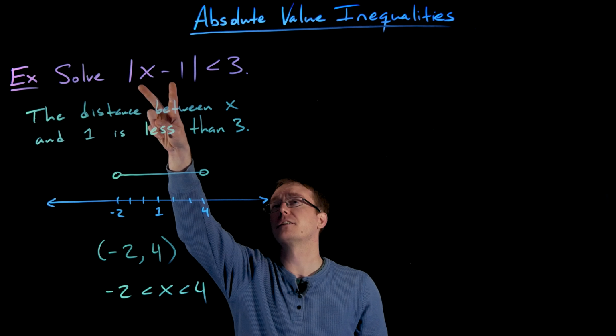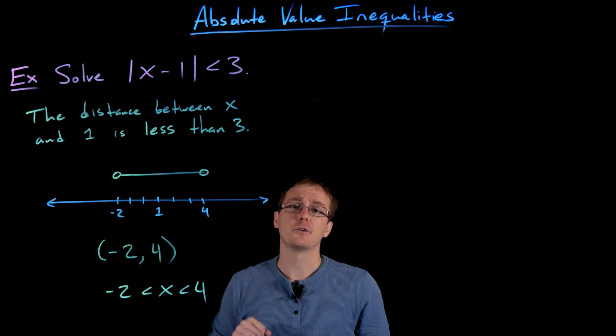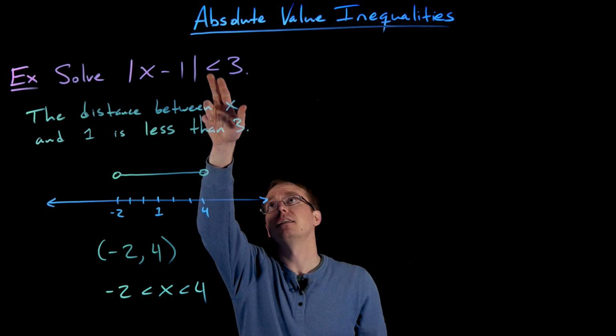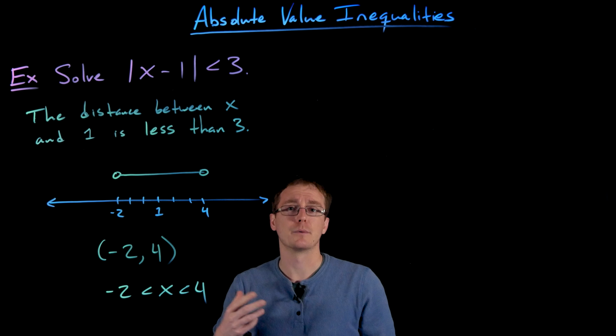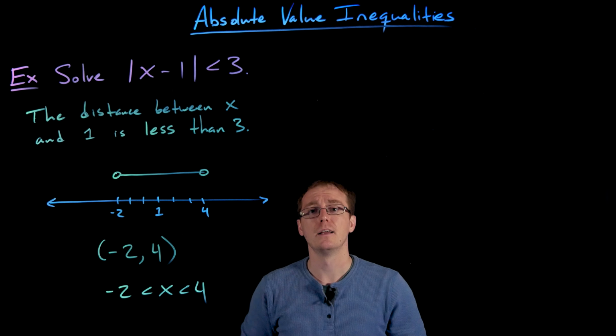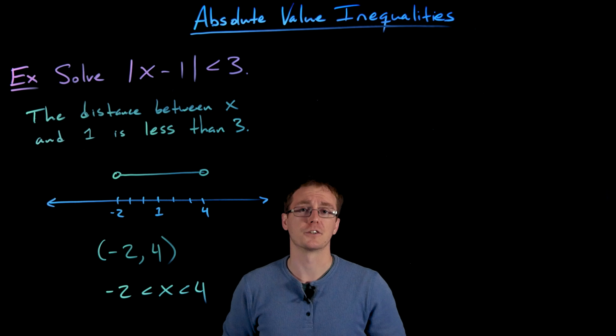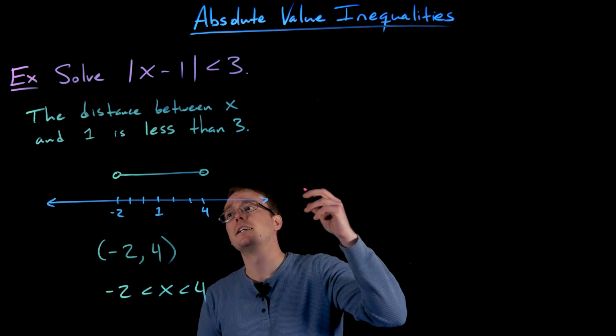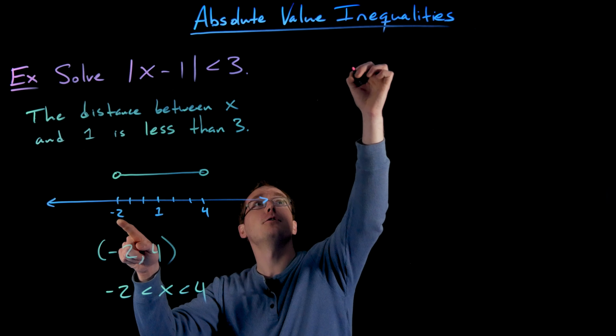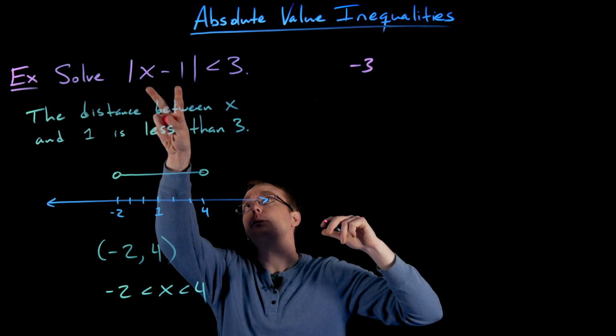4. 4 minus 1 is 3. The absolute value of 3 is equal to 3, not less than 3 again. That's why we exclude that endpoint, but it is still as close as we could get just on the other side. So what we can notice is on the far left, this x value really made our absolute value expression